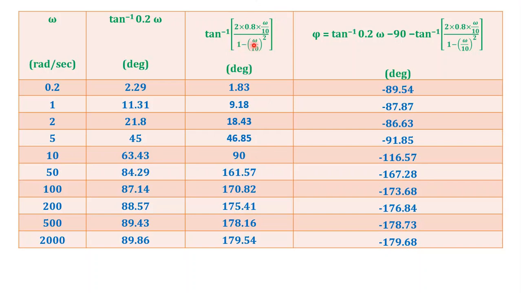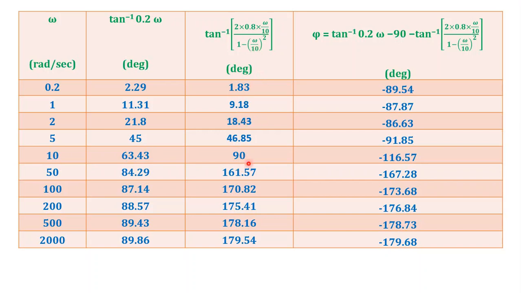For example, we are calculating at 50, means 50 by 100. So 1 minus 5 square, we will get minus 24. So numerator will get positive. So positive by negative is negative. Don't worry about the negative. You calculate as though it were positive. Find out the angle, tan inverse. Then subtract 180 from that. This we know already. We have come across this. So that idea I have used.